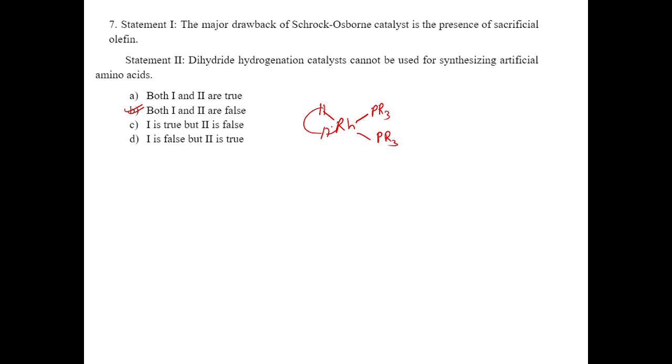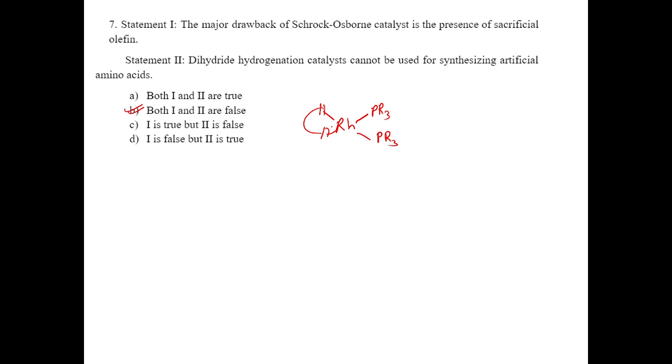So this is actually not a drawback. The catalyst was designed in such a way that this weakly bound olefin is present. If you don't put this olefin there, it can do other types of reaction. To stop that reaction, this type of weakly coordinated olefin is bound to the metal